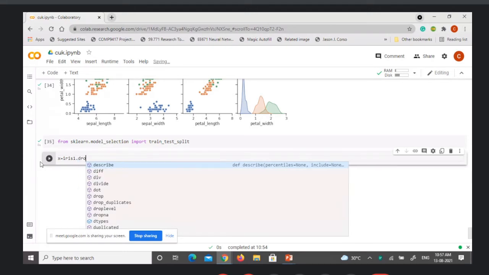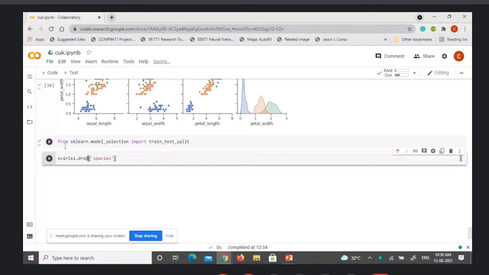From iris1, you simply drop species with axis equal to 1, meaning the whole vertical column is dropped, and the resultant rest of the 4 columns you put in X.